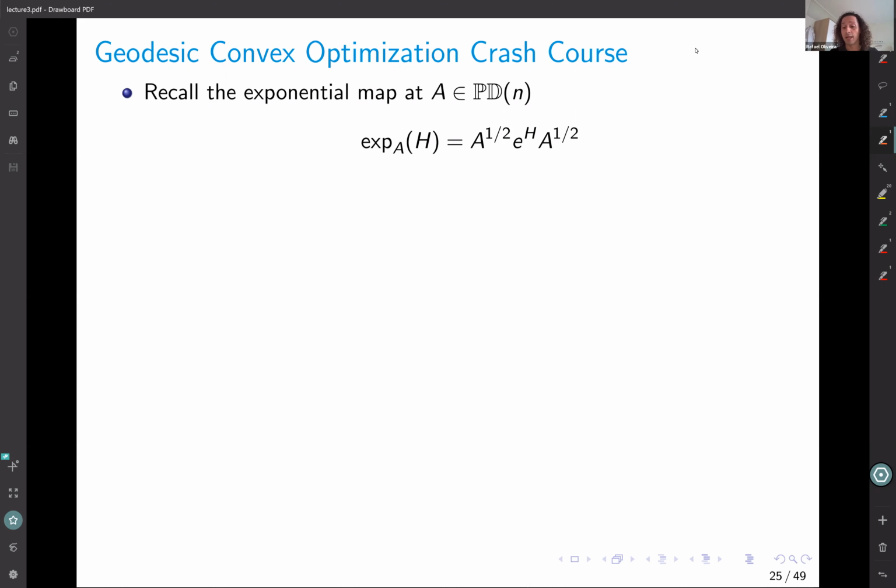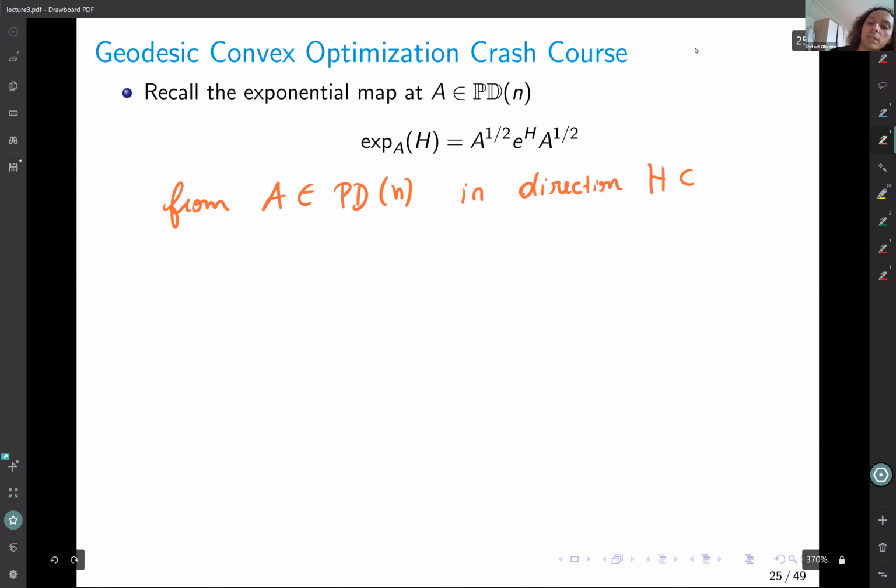let's see how we can generalize these definitions to the geodesic convex optimization setting, right? And for that, we need to recall the exponential map. So if you remember, the exponential map at A in the Riemannian manifold of positive definite matrices is just, if I want to go from A in the positive definite manifold in direction H,